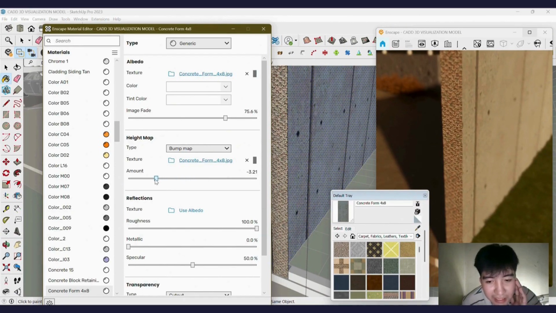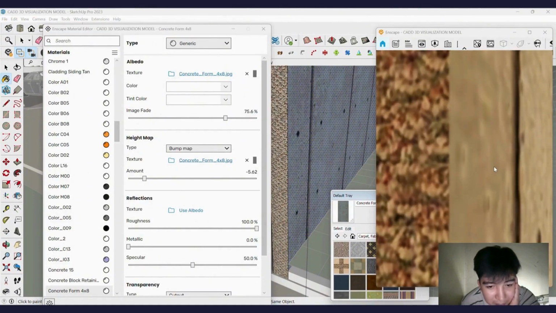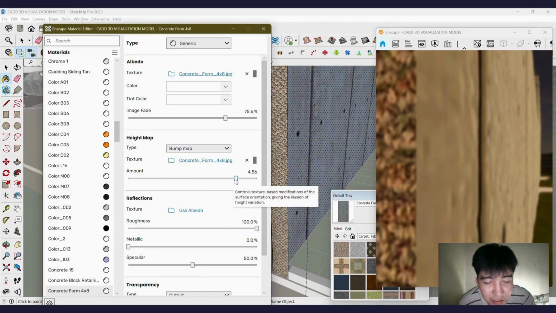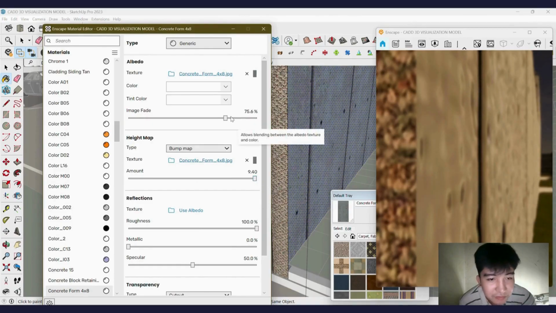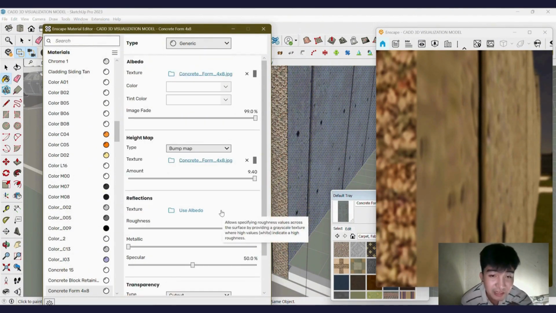So we can do a negative height and kung gusto natin na mas bumpy yung material, we can add more bumpiness. So yeah. And also the roughness din. So yan, through Enscape Material Editor, we can edit the materials to further enhance yung kanilang